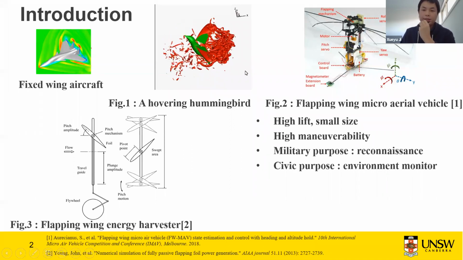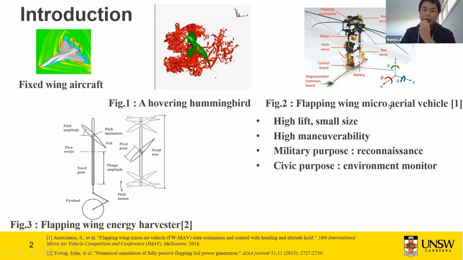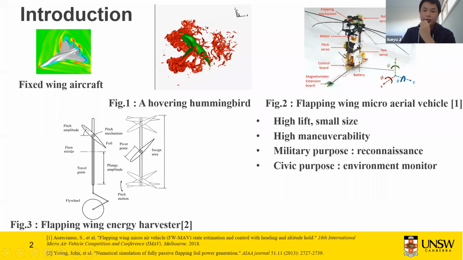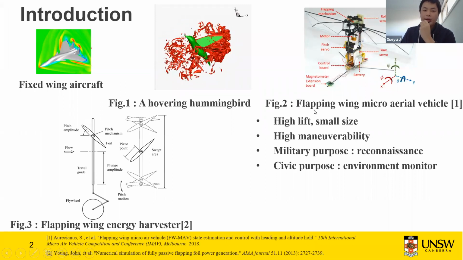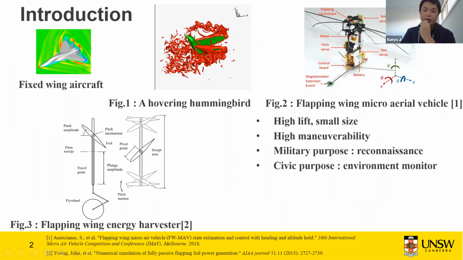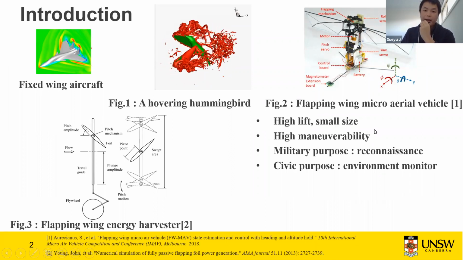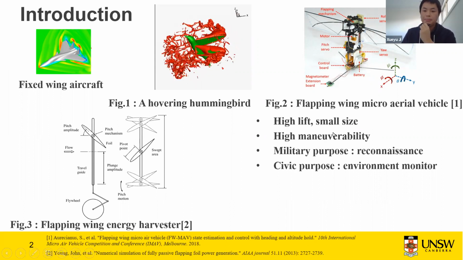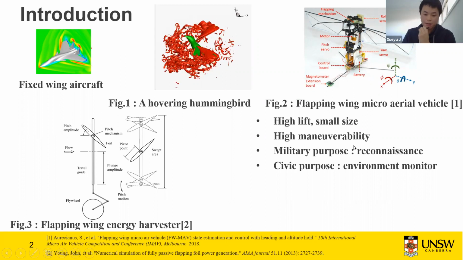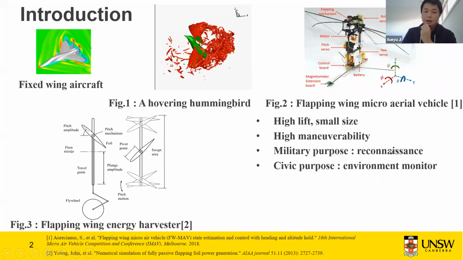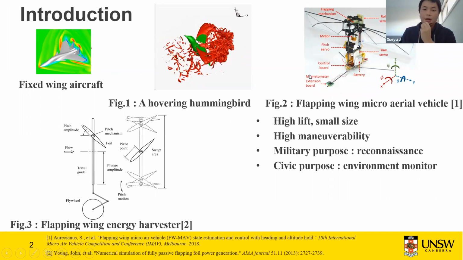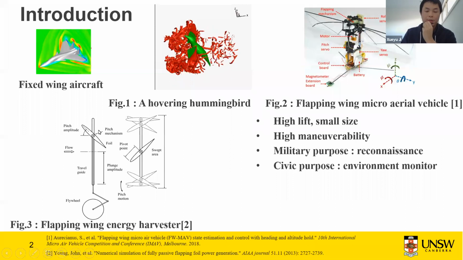By these characteristics, the flapping wing micro-aerial vehicle was developed, and this is a typical example. It has high lift and small size with high maneuverability, and it can be used for many purposes. For example, the military purpose, reconnaissance, and for civic purposes, environment monitoring. Apart from that, it can also be used as an